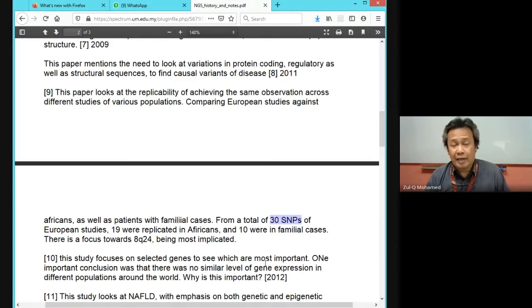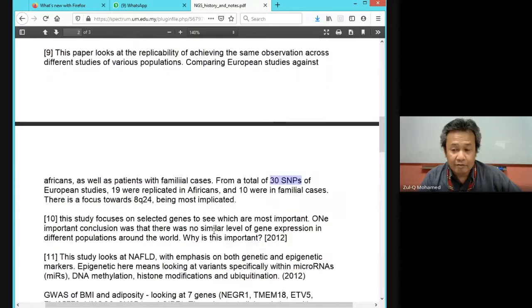If you're in a hospital, when you get patients with any particular cancer, for example, there are patients who do not have any family history. I'm not saying that the patients do not have family. It's just that in the family there is no history of that particular disorder, and there are some who say, I have cancer and my auntie, my uncle has it, my late grandfather. So that's a familial history. They categorize these two, one who does not have any familial link, and the other who has. Then they try to see whether the SNPs are associated with one type or the other. So it says 10 are actually associated with the familial type.